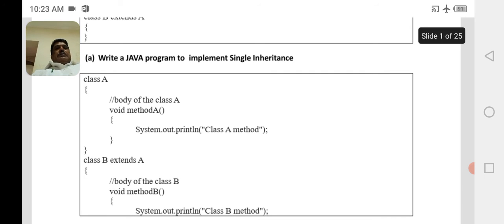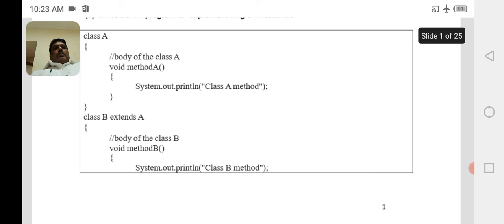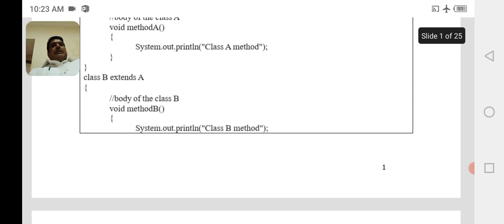The subclass is class B extends A, so it inherits the characteristics of class A, and it also has its own code. Here it has method void methodB, and its body is System.out.println("class B method").